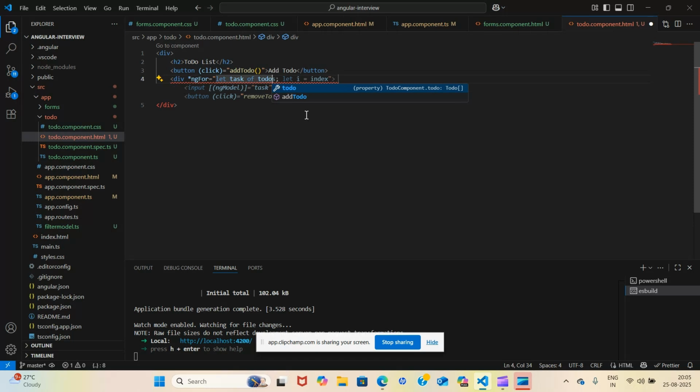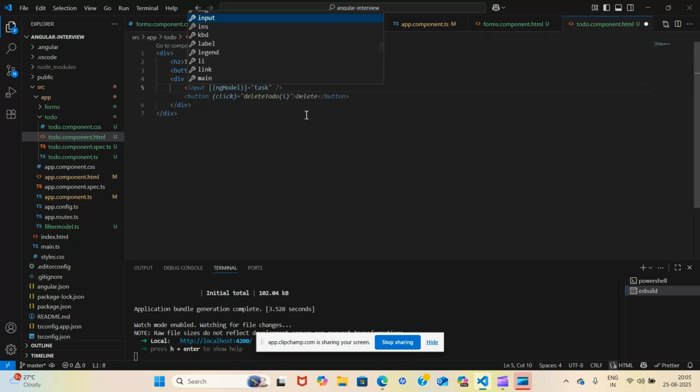And now inside my array, I want to display the ID also. I can't display the unique number I'm storing. Date.now is storing your current date. But for the ID, I want to display 1, 2, 3, right? So for that, I'll use index.